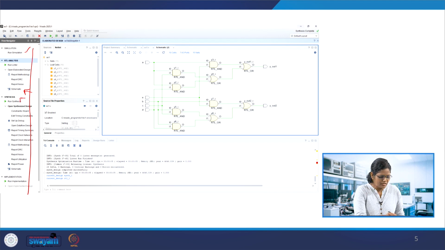Similarly, if you run synthesis, that would give the schematic, and it will also go through a set of processes here, and the schematic gives the technology schematic. The technology schematic will use mostly the LUTs. If you recall from the very first few classes, we use the LUT, the logic blocks, multipliers, switches, the interconnects and so on.